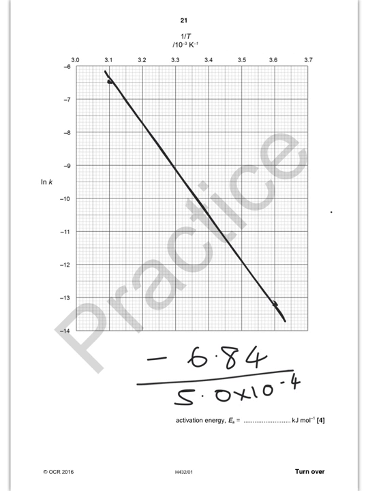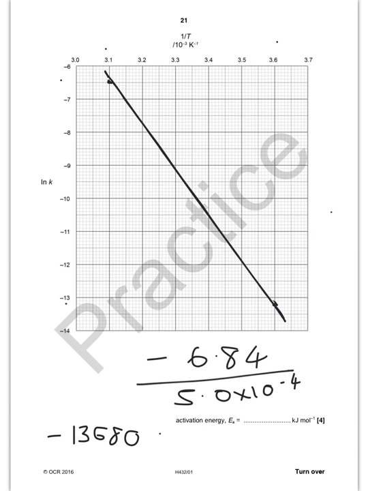and then you will end up with minus EA over R as your gradient. So I plotted the graph there, your gradient, the difference between your values here and here, minus 6.84, difference between these values here, 5 times 10 to the minus 4. If you do that, you end up with it being 6.84 divided by 5 times 10 to the minus 4. You get that as being minus